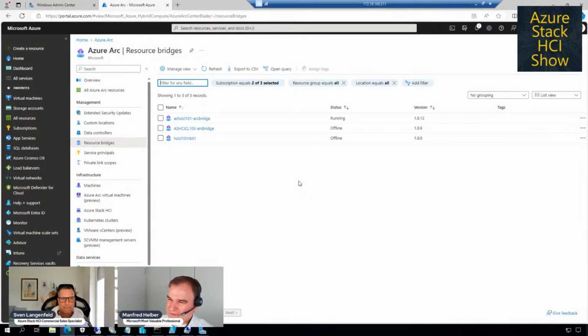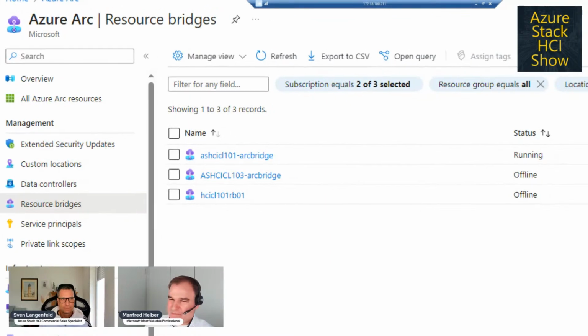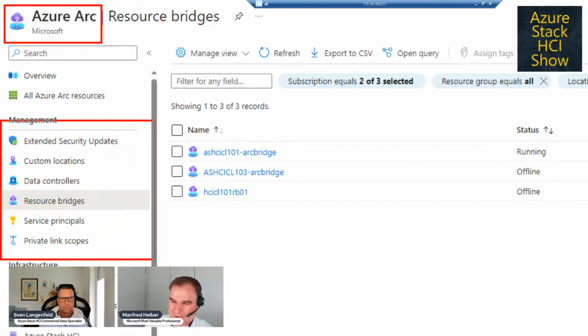Yeah, the interesting thing is I switched to the Azure Arc Resource Bridges here, and we can see this is also a part of the Azure Arc blade in Azure, and it's in this category management where we have data controllers, custom locations, and so on. And two of my resource bridges are offline.